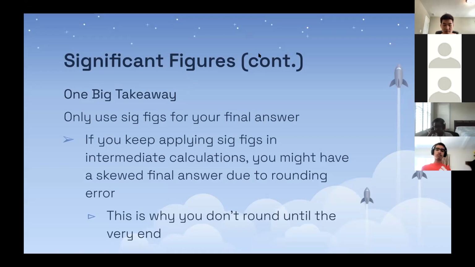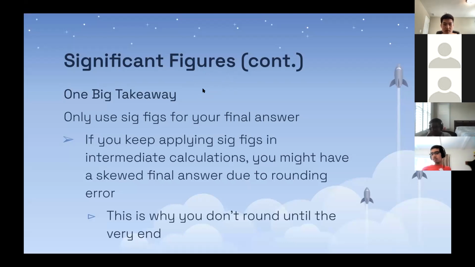So what you should do is, obviously you're using a calculator, so store the number in your calculator or just press the up arrow and then press enter so that the number falls back down. So you're using as many decimal points as possible, just so that you're using as accurate or precise a number as possible. And your final answer is when you want to be applying sig figs, not in between